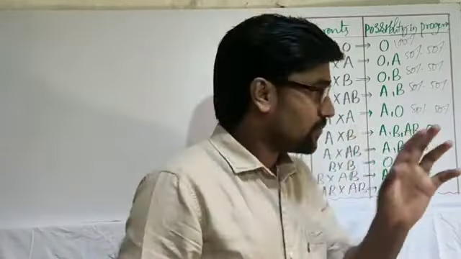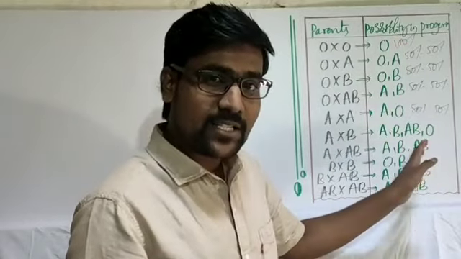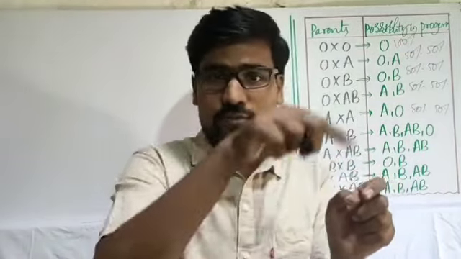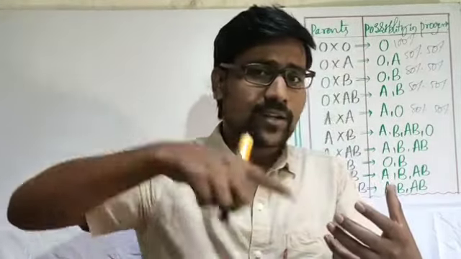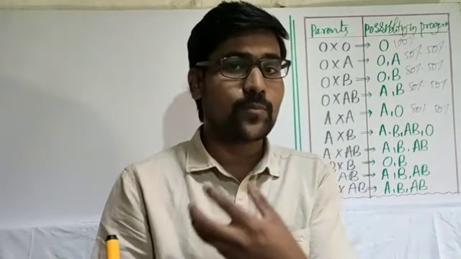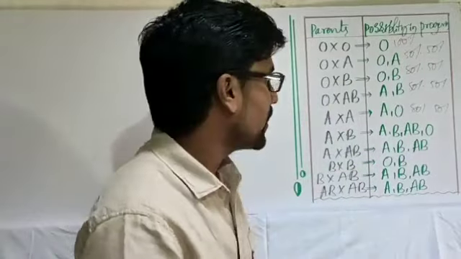And one more thing, how we can decide the blood group. If we take their genotypes and cross them, as you already know, crossing of genotypes either in the Punnett square, that is the checkerboard, or you can directly cross them. After crossing, at the bottom side we will come to know what the probabilities are.